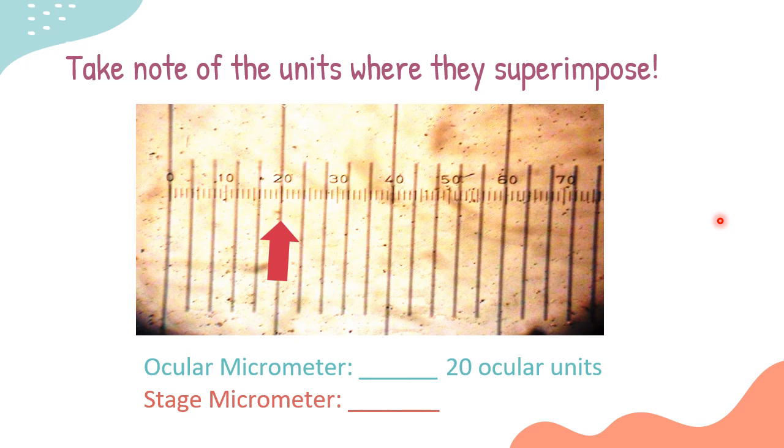What about the stage micrometer? How many lines is in the stage micrometer? So this is the stage micrometer, the big scale without any numbers, okay? So let's just count 0.01 millimeter per small line. So 0.01, 2, 3, 4, 0.05 millimeters. So that's the value of your stage micrometer. I hope you understand that.